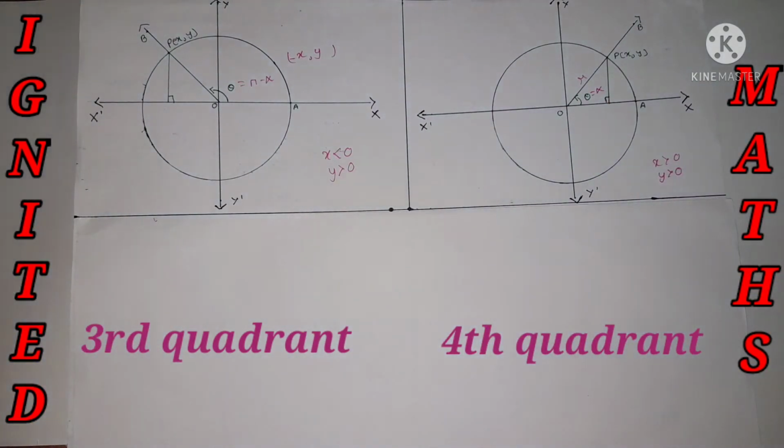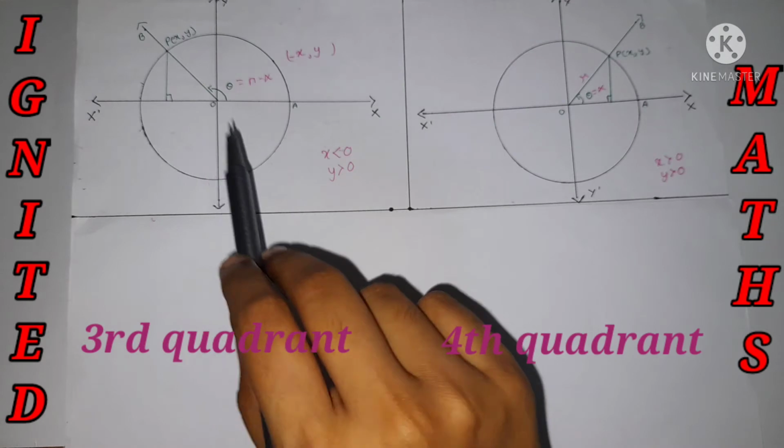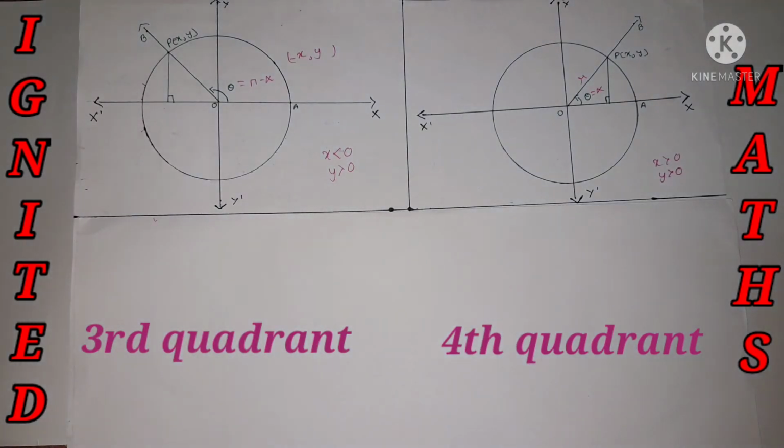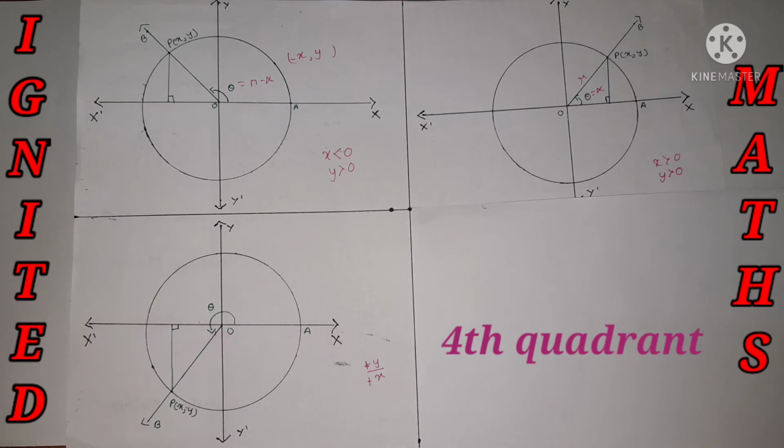Okay, this is what the changes of the theta value. As I have mentioned, the argument value just changes according to the quadrant. In the first quadrant, theta is equal to alpha, and in the second quadrant, theta is equal to pi minus alpha. Now let's see the third quadrant. Over here it's mentioned.